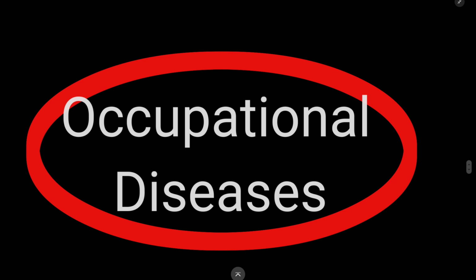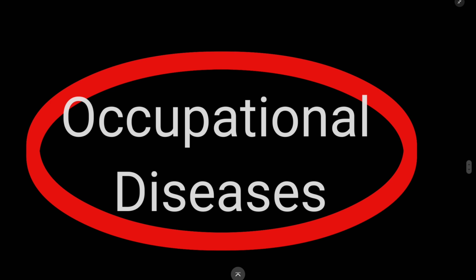Symptoms to watch for. Recognizing the symptoms of an occupational disease early is crucial for preventing long-term damage. Here are some common signs to watch out for. First is respiratory issues: coughing, wheezing, or shortness of breath, especially if you work around dust or chemicals. Second is musculoskeletal pain: persistent aches or pains in your back, wrist, or neck, especially after repetitive tasks. Third is skin irritations: redness, rash, or itching, often caused by exposure to chemicals or extreme conditions.